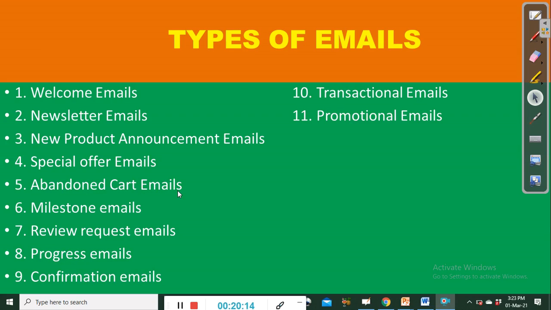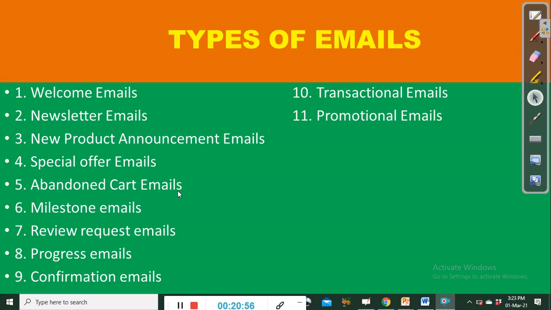So you send an email to this kind of person to rekindle their interest, and the best way to really achieve the purpose of this particular email is to highlight the benefits that the customer is likely to gain or to derive from buying or completing the transaction. So that is exactly one thing you need to understand about the abandoned cart emails.